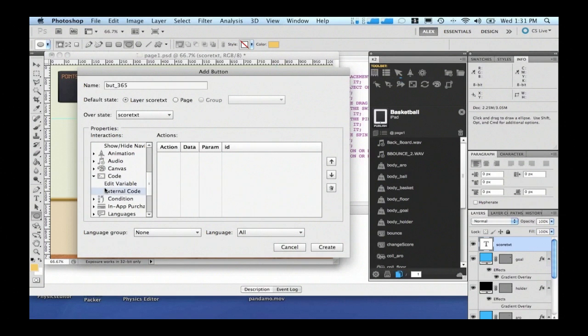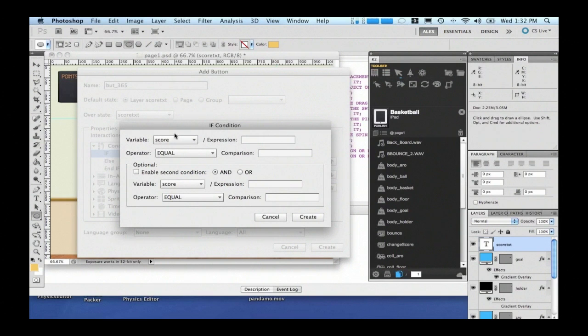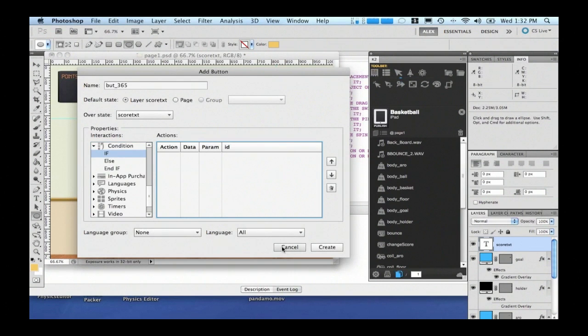You can add to variables, and there's external coding. There's the concept of conditions: if, else, and else if. I'm going to show you some examples here. But if you click if, for example, it asks: if what? If a variable or an expression that you want to code, the operator, the comparison, and the things that you can do.